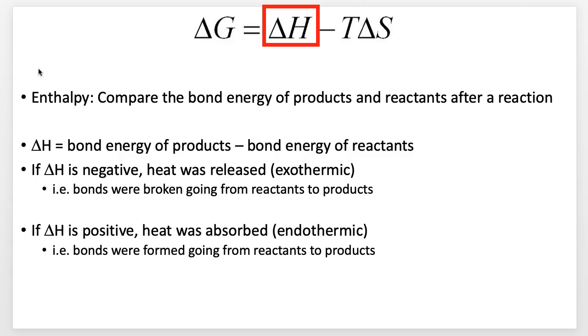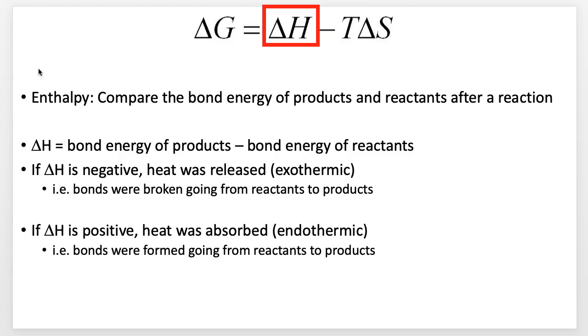Now, if your delta H is positive, this happens also all the time. The heat was absorbed, so we made bonds. Okay, we call that an endothermic reaction. The heat was absorbed by whatever we're making, and so in this case, if it's endothermic, that would be,